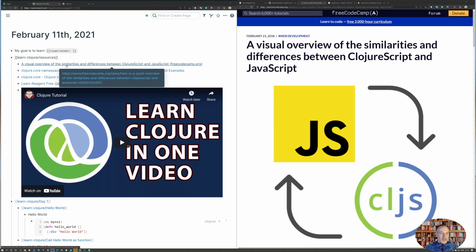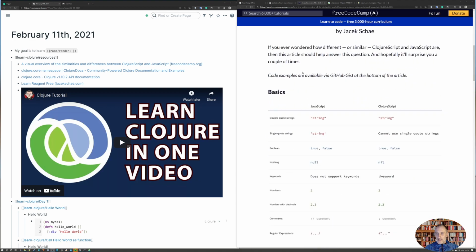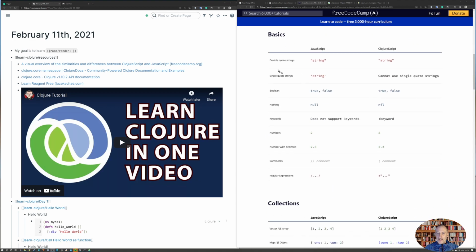The first one, this visual overview of similarities and differences between Clojure and JavaScript. This is a very handy reference. You can just simply see the comparison of how you would express something in JavaScript and how you do it in Clojure. So for example, strings, you use quotation marks. The single quote strings don't work in Clojure. You can see that